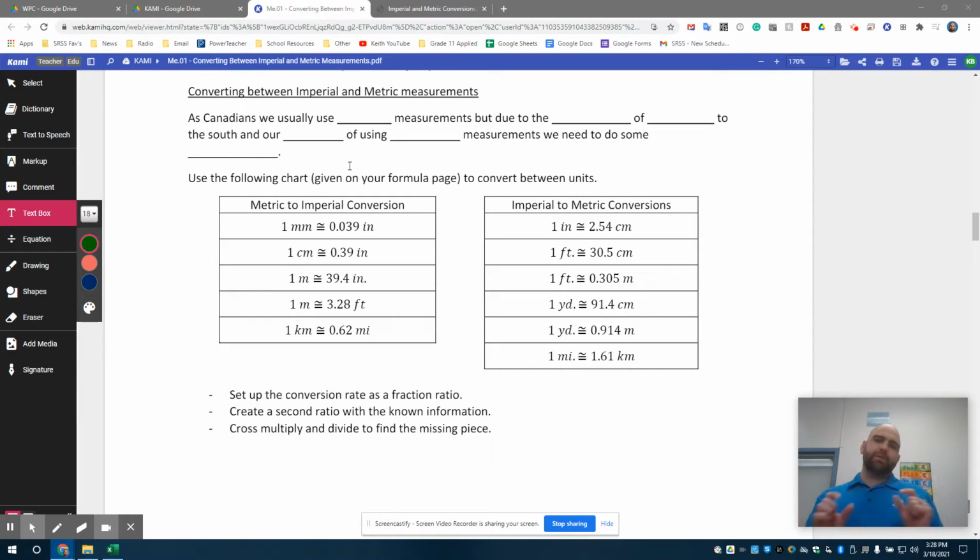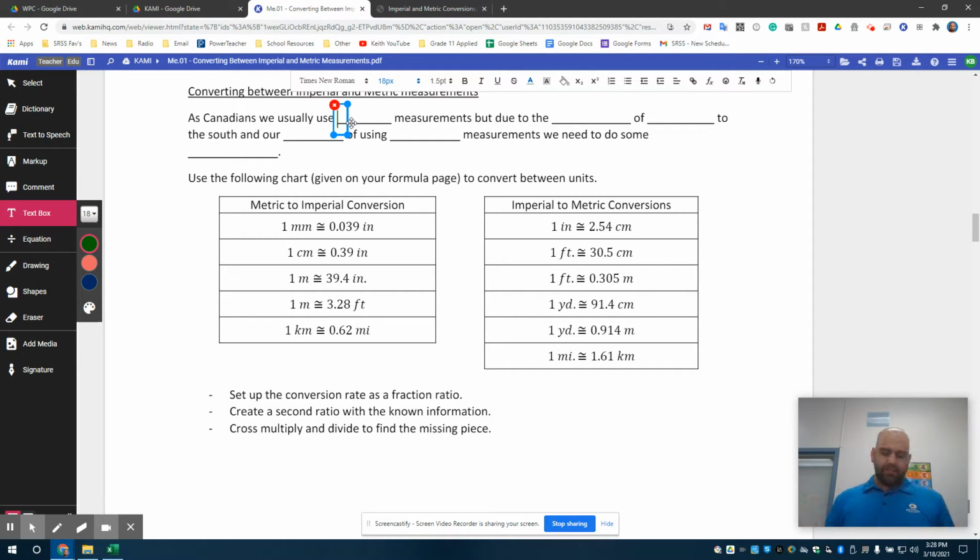Now, converting between imperial and metric measurements is something that in a lot of places they don't need to do, but as Canadians, we definitely do. As Canadians, like I've mentioned before, we normally use metric measurements, so things like meters and millimeters and centimeters and kilometers, but due to the influence